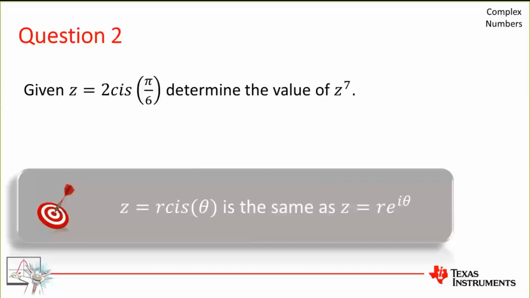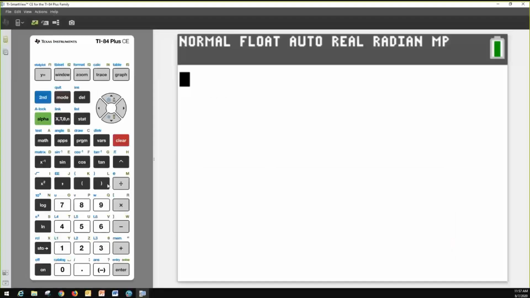You'll notice that most electronic devices tend to use r e to the i theta. R cis theta is very visual, while r e to the i theta is a much more elegant way of representing things in electronic formats. So I'm not going to bother to try and write it as r times cos of theta plus i times sine. I'm just going to use this representation, it's much quicker. So we've got 2 cis pi on 6. Now obviously this one's asking for us to use De Moivre's theorem, but on the calculator I can put in